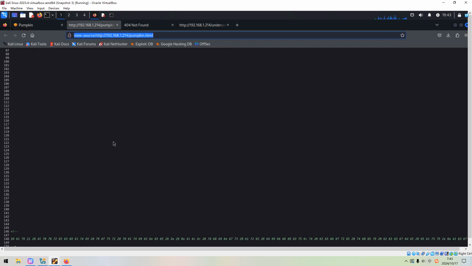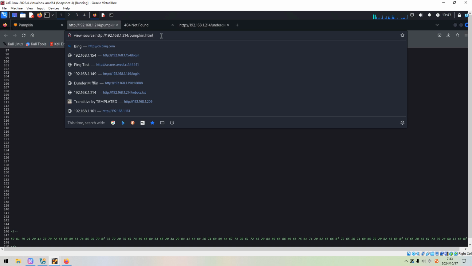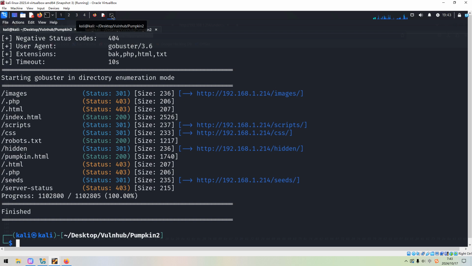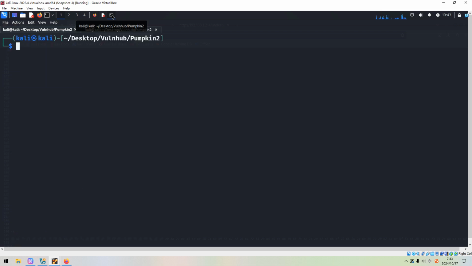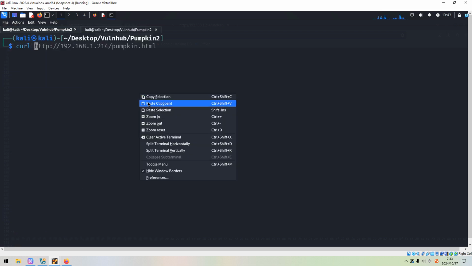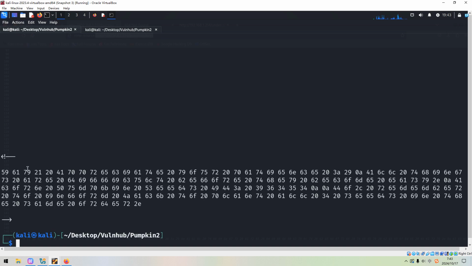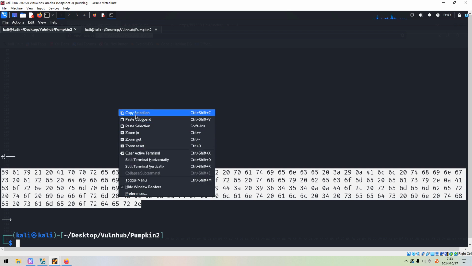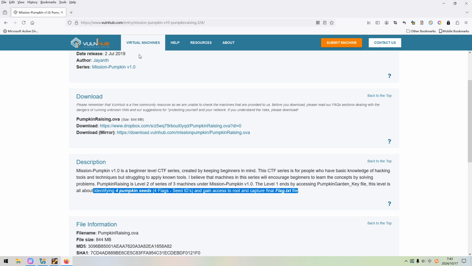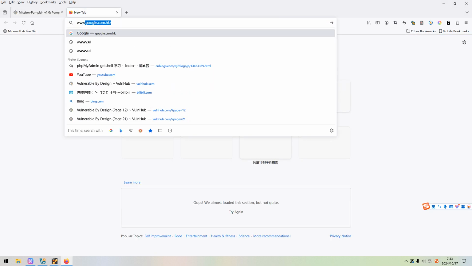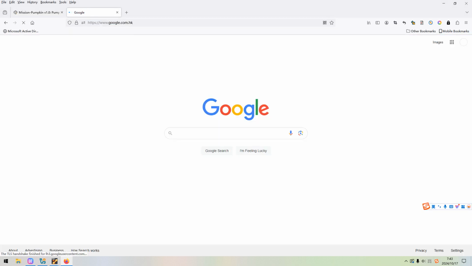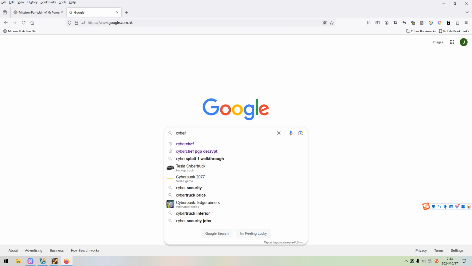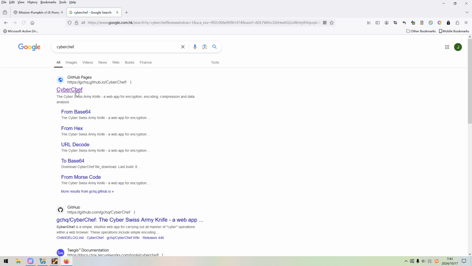Because if you scroll down, maybe we can use the command line to retrieve the source code. This would be better. And then you can get this comment, which is encoded in hexadecimal. We can copy. Of course, we can use the command line, but alternatively, we can use CyberChef to decode.